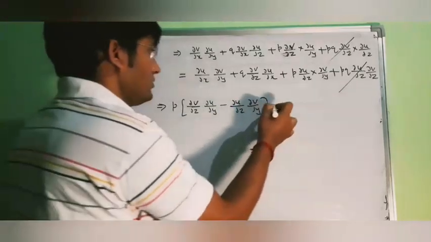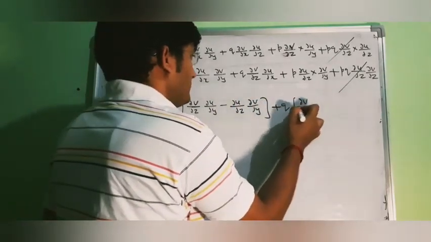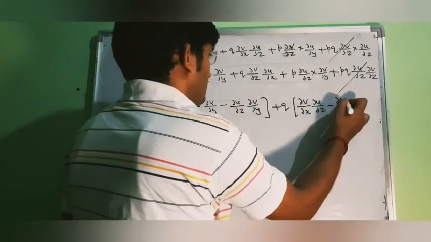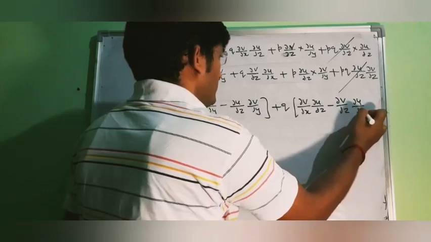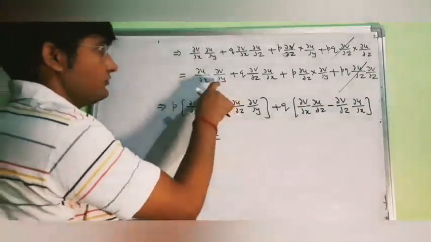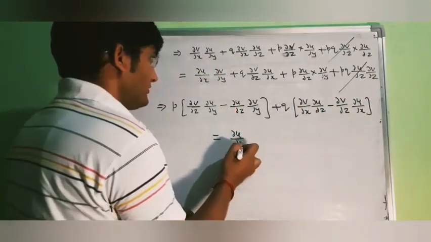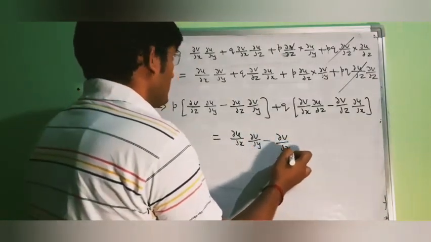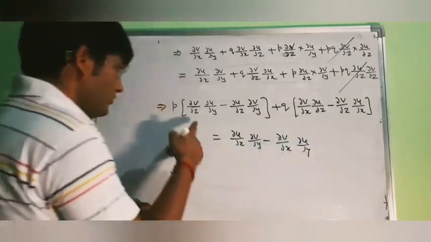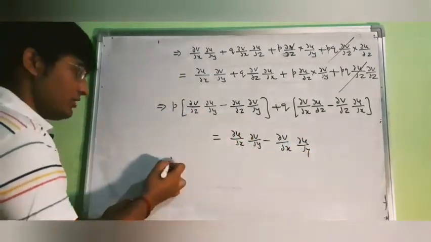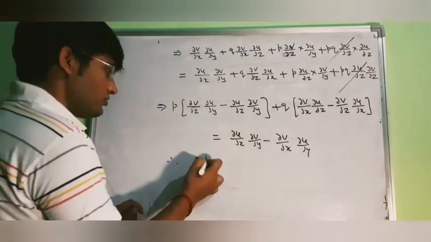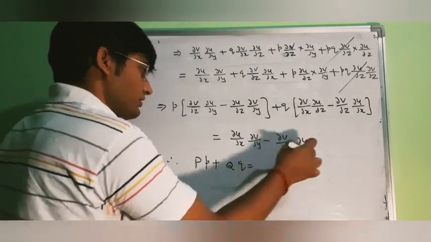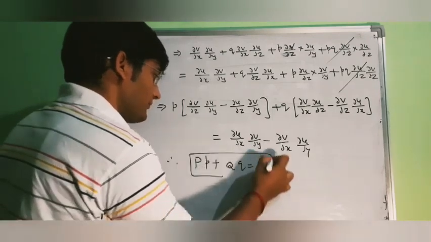Then we will have plus q into del b upon del x, del u upon del z minus del b upon del z into del u upon del x. Then equal to, we will have this term del u upon del x into del b upon del y minus del b upon del x into del u upon del y. So if you write this term as capital P, then some capital P into small p plus some another function capital Q into small q equal to, say this is your capital R,